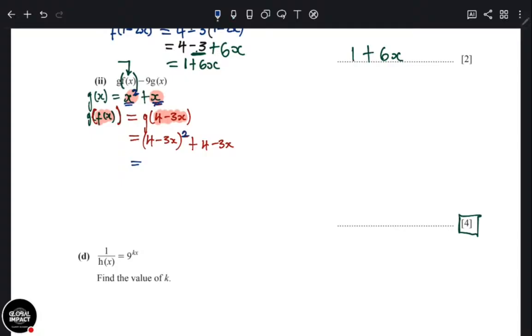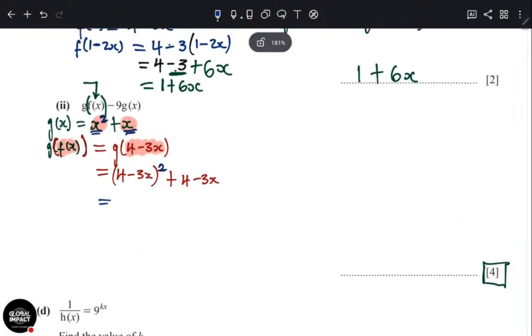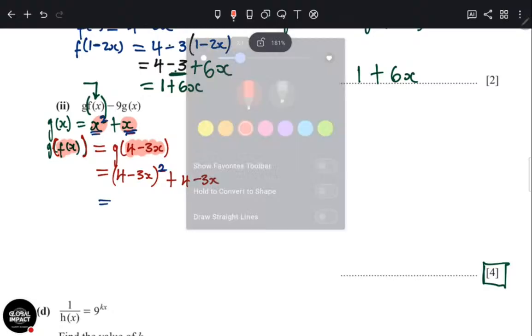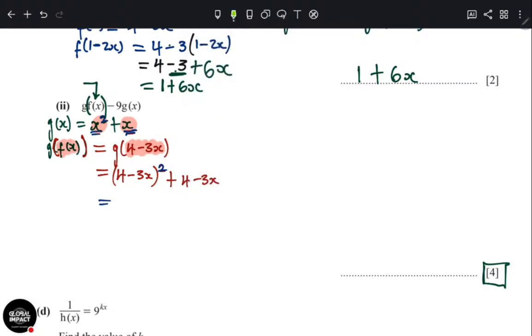I'll teach you a shortcut. Should I teach you a shortcut, or should you expand the long way? All right, let me teach you. This is how you expand. This is exactly what they do in AS. They do it real quick in topic 1 called quadratics. When you are expanding, let me teach you. If you have 4 minus 3x all squared, how do you expand it?